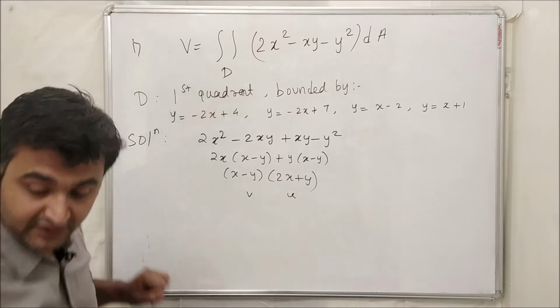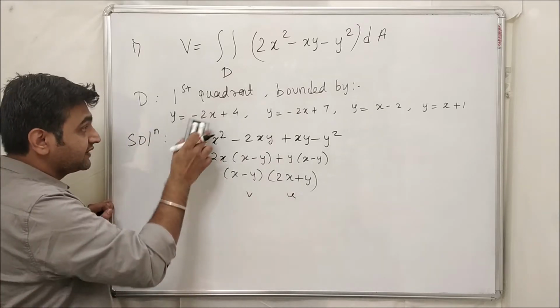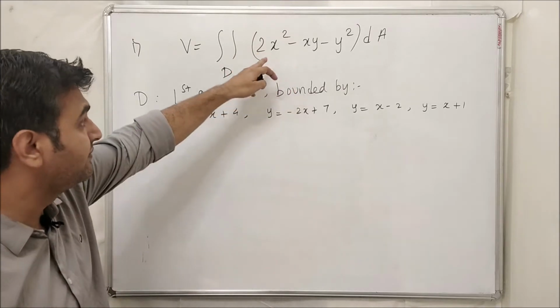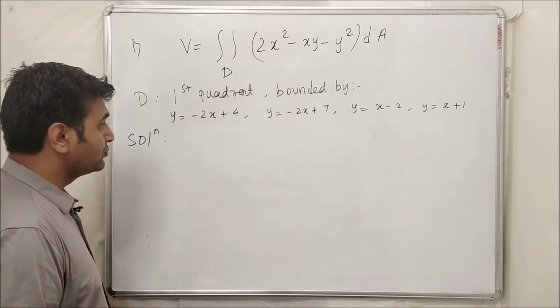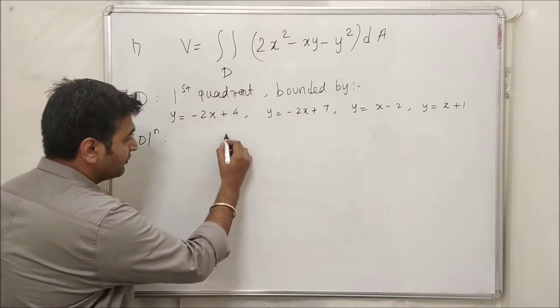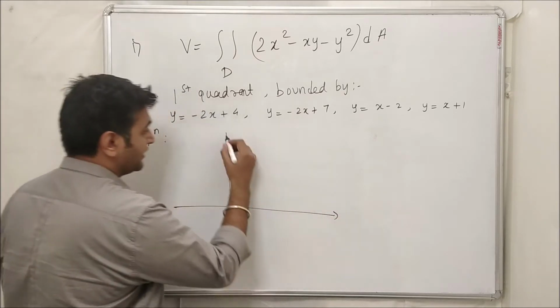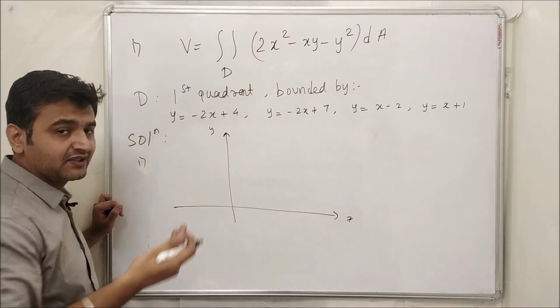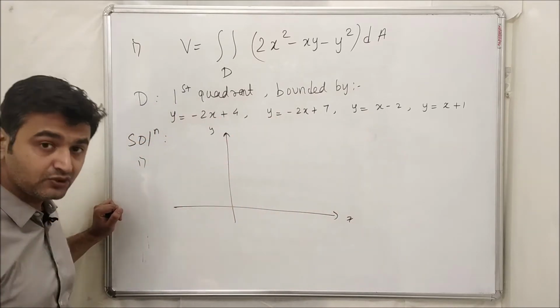Or another way: sometimes this region also helps you. Many times it's not easy to spot the factorization, so you try to sketch the region. That is our first step, right? In the xy plane you sketch the region. All of them are lines, and to draw a unique line you should know at least 2 points.